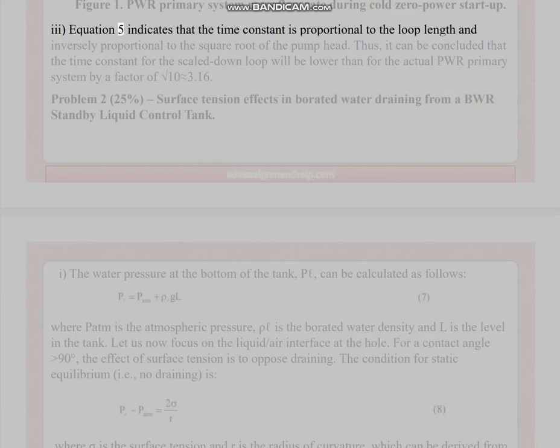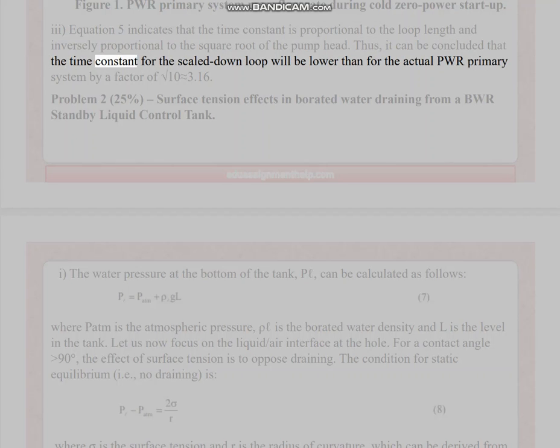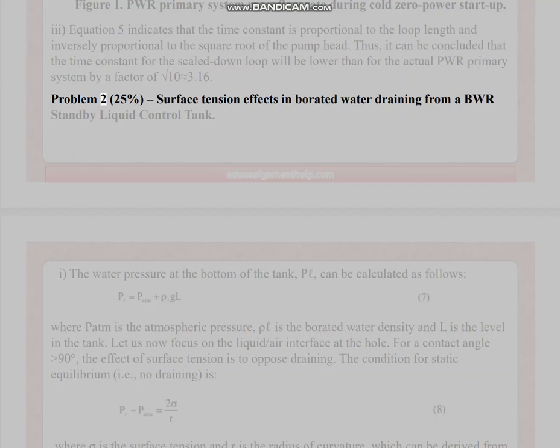3. Equation 5 indicates that the time constant is proportional to the loop length and inversely proportional to the square root of the pump head. Thus, it can be concluded that the time constant for the scaled-down loop will be lower than for the actual PWR primary system by a factor of square root of 10, which is almost equal to 3.16. Problem 2, 25%, surface tension effects in